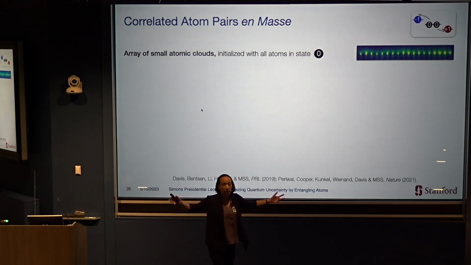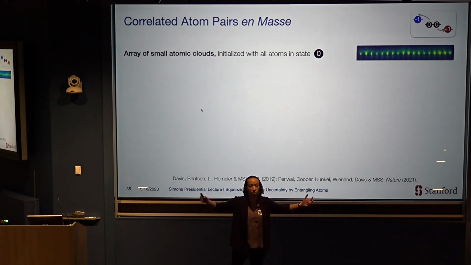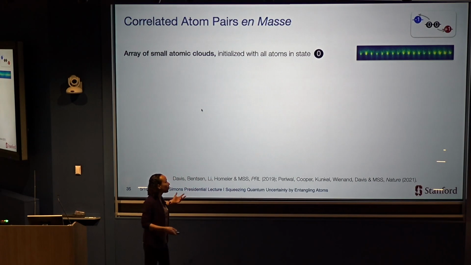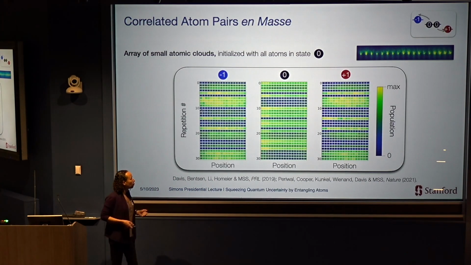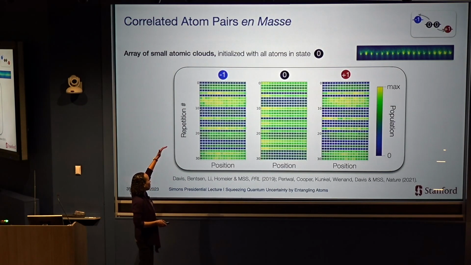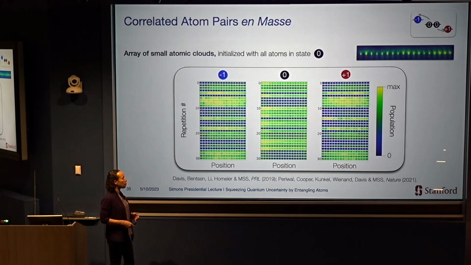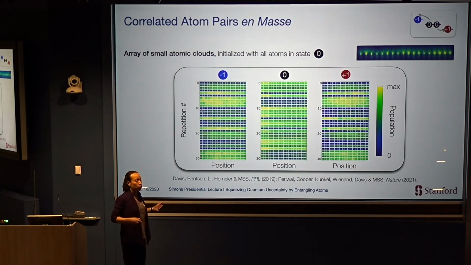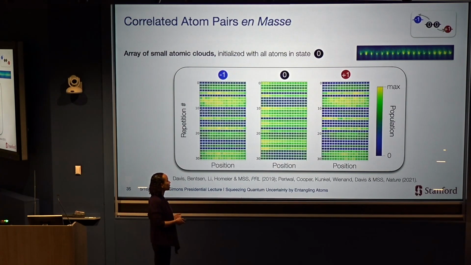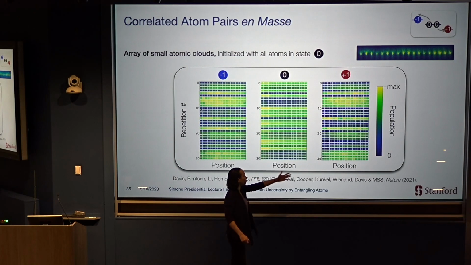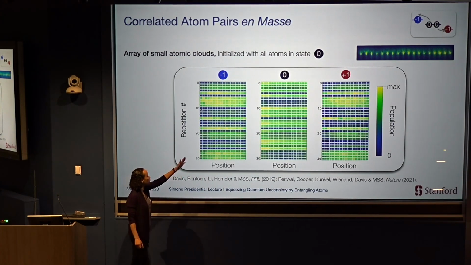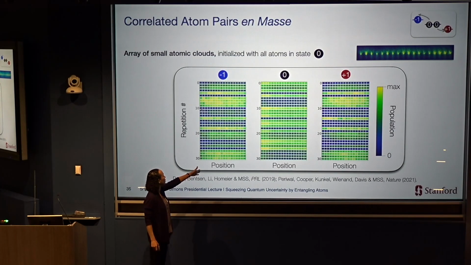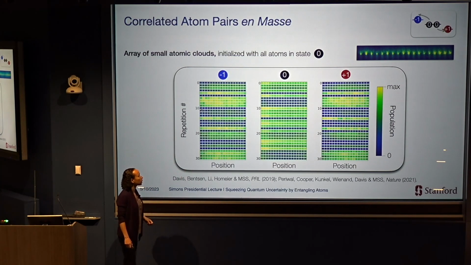So I sort of gave a cartoon picture for 2 atoms. We work with many atoms. And so what happens in the system of many atoms is when I turn on the light that should generate these interactions. Here's an illustration of 30 repetitions of the same experiment where we turn on the light. And after turning on the light, we ask how many atoms are still in the 0 state, how many atoms are in +1, and how many are in -1. And we look at this site by site in the array. So within each column, which represents a particular internal state, each grid point represents a particular site of the array.